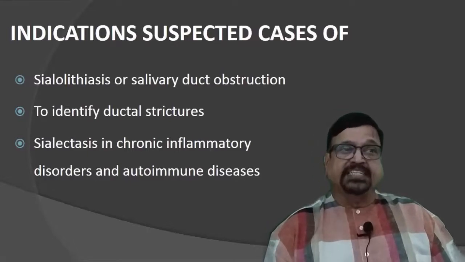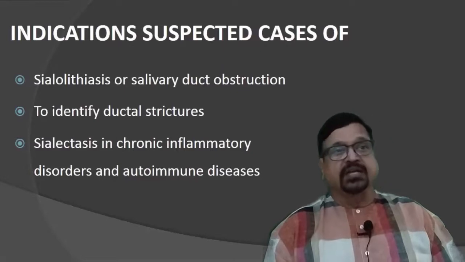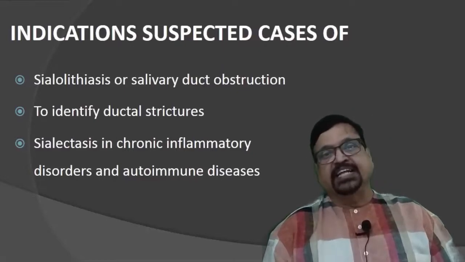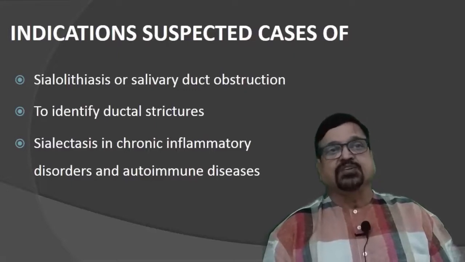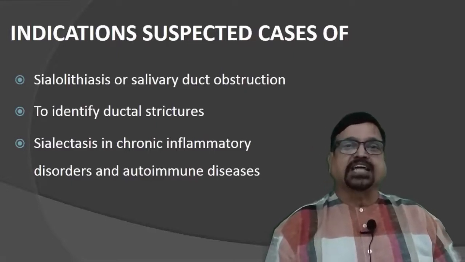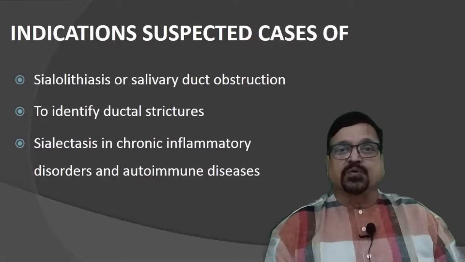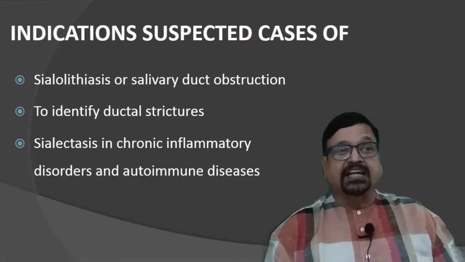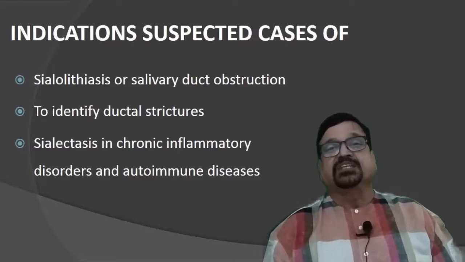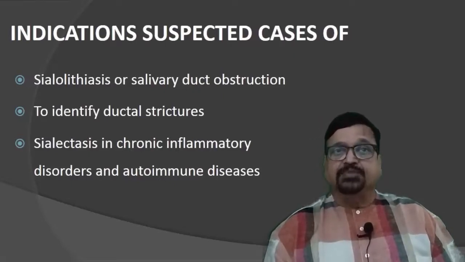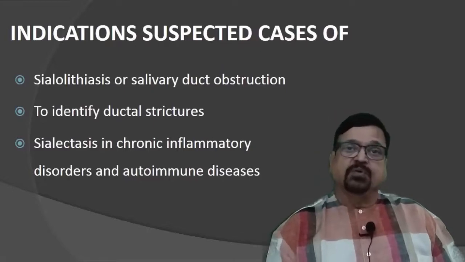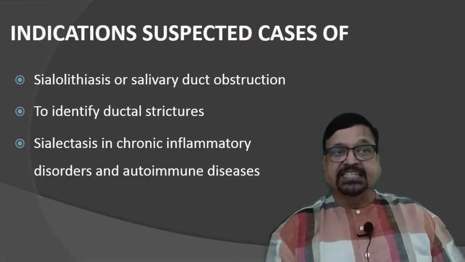So to evaluate sialolithiasis or duct obstruction, if there is obstruction of the duct that is causing sialectasis, it is usually evident on parotid sialography by the technique which you are going to see in the phases, and to identify the ductal strictures. Strictures can be complete, they can be partial, they can be of different types, they can be of different length, and all that we are going to see when we see a film reading session in the same series.